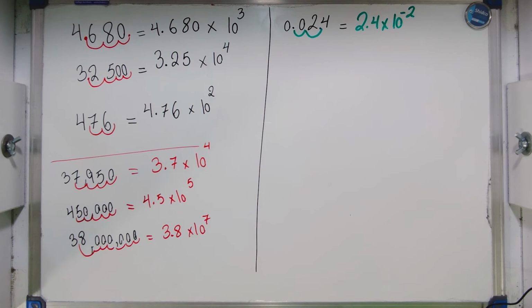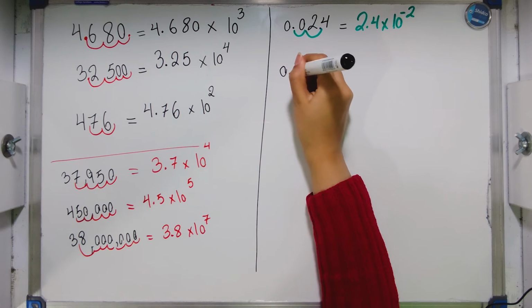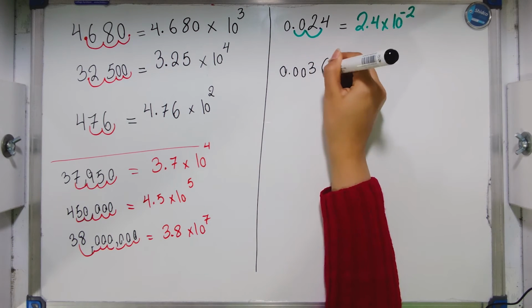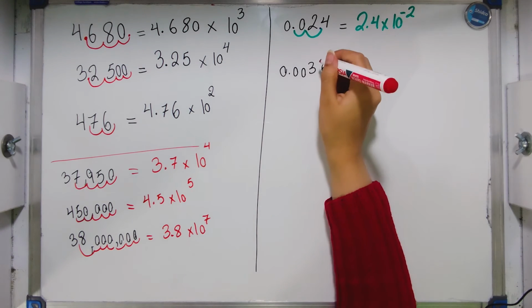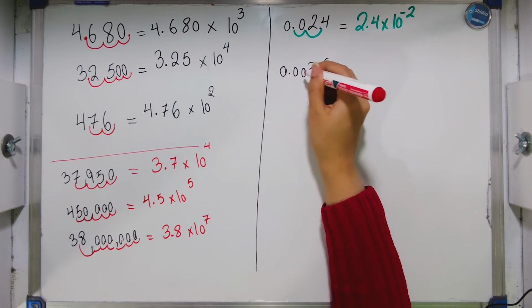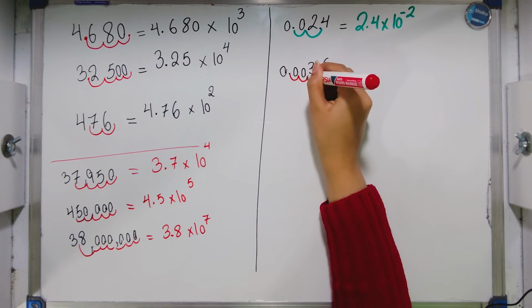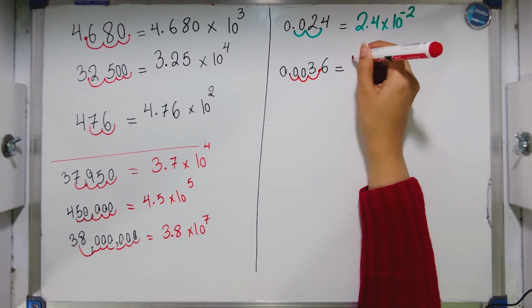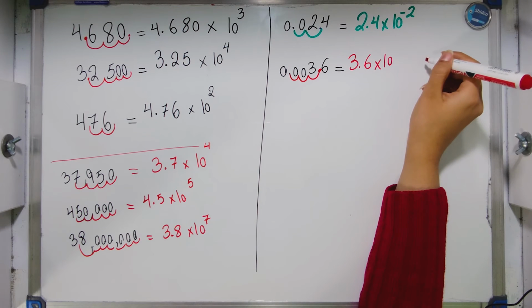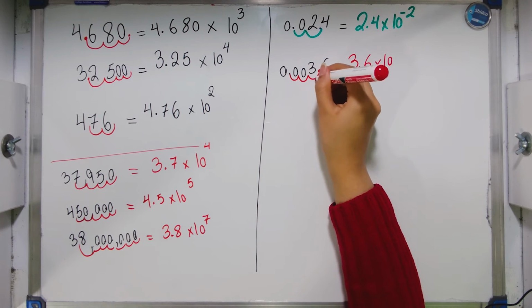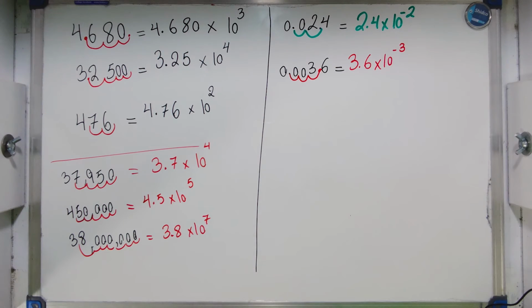So let's make another number. Let's have another example. 0.0036. So I have to move the decimal and put it between 3 and 6. 1, 2, 3. So it will be 3.6 times 10 to the power minus 1, 2, 3. Minus 3. So another example I can give you is,